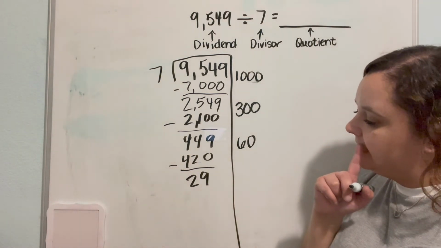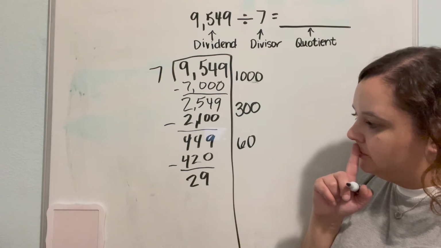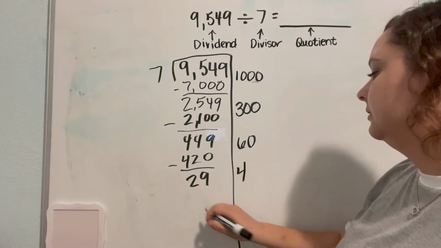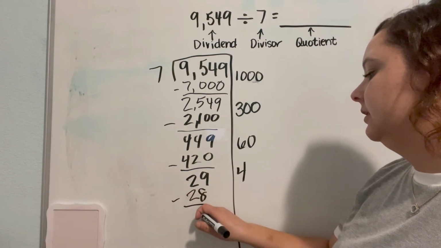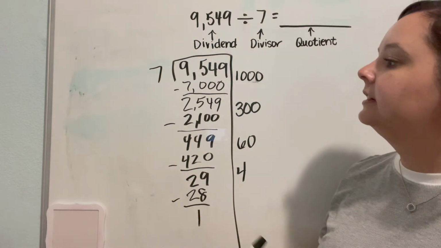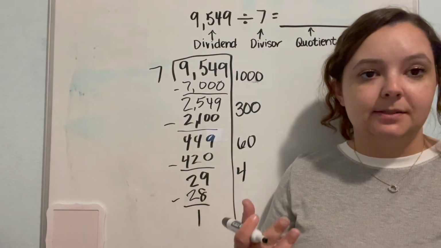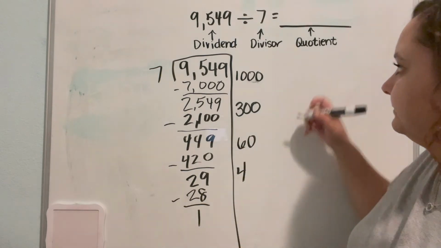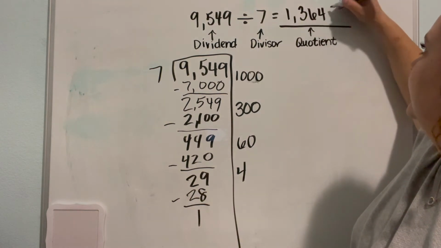So let's see, 7 times 3 would get us to 21. 7 times 4 would get us to 28. So let's do 4. And we're left over with 1. And we can stop because you can't go any further than 1 because it can't be divided into 7 groups, at least not without using decimals, which we don't do in 4th grade. So I'm going to take my partial quotients, I'm going to add them up, and we will end up with 1,364 and a remainder